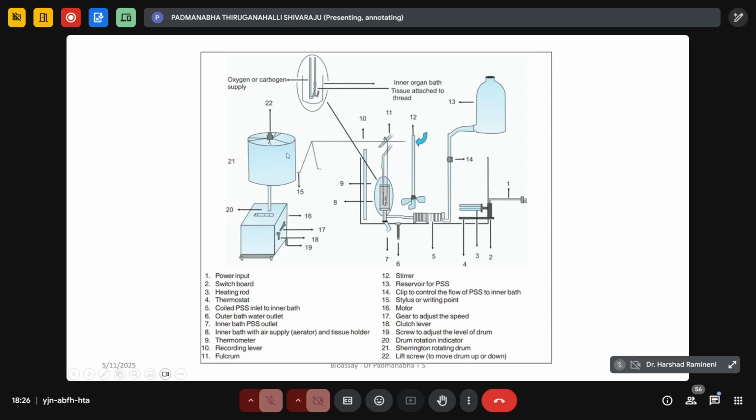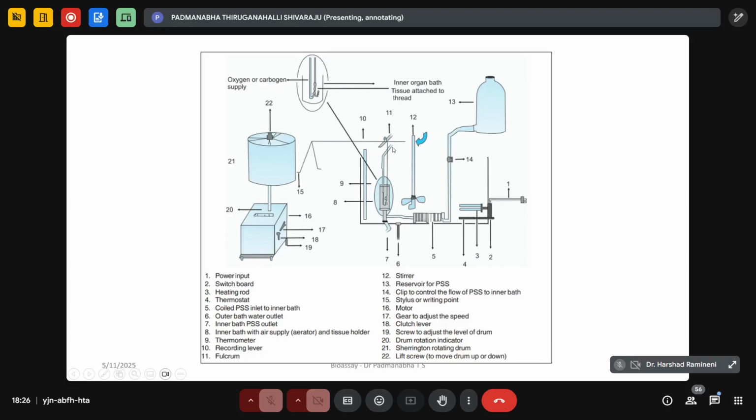So the drum will be rotating. There are adjustments which can be set for rotation, and this Sherrington's rotating drum is there, and you have some levers and gears